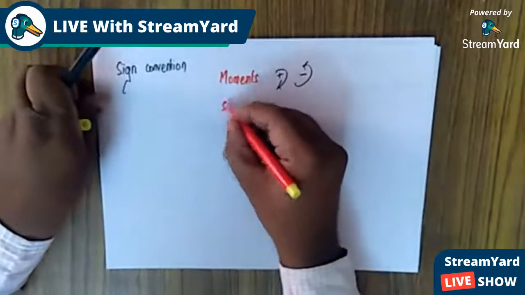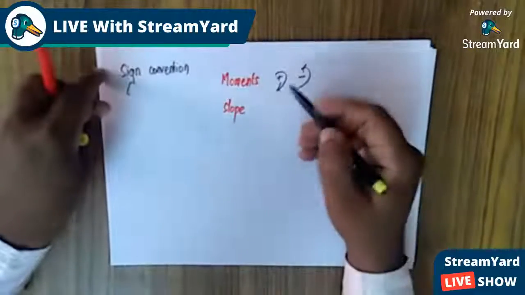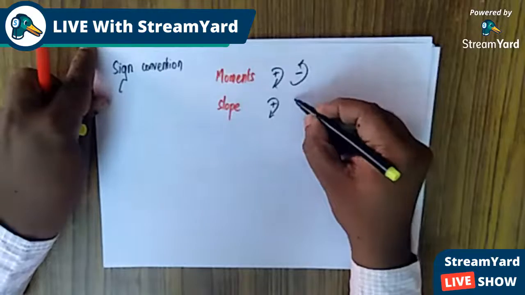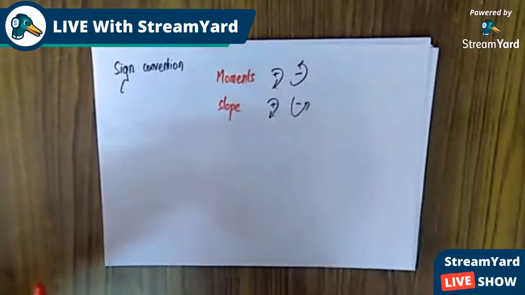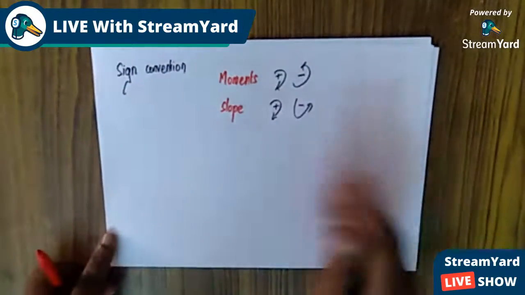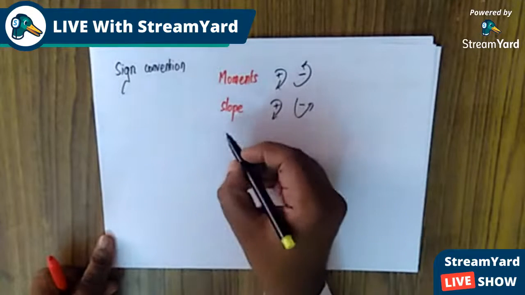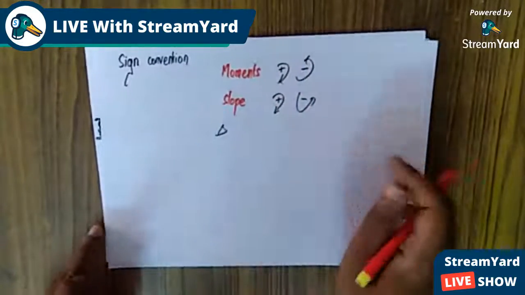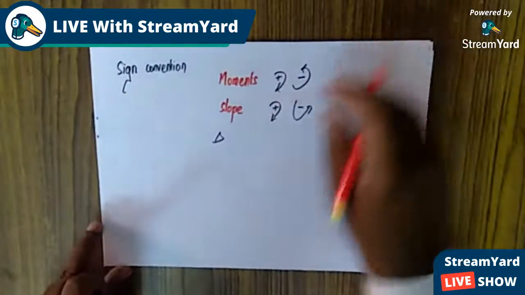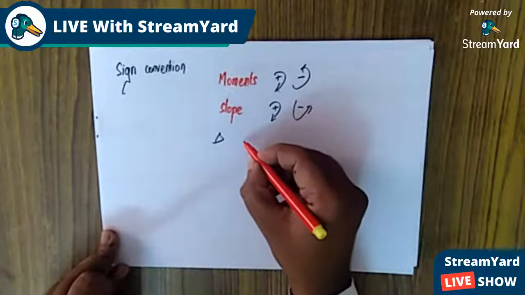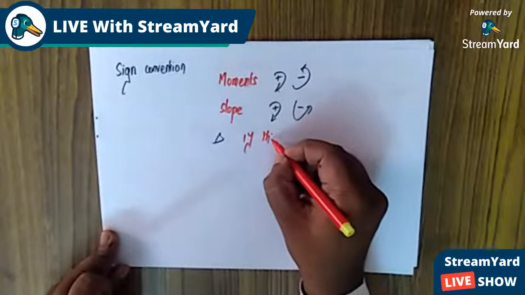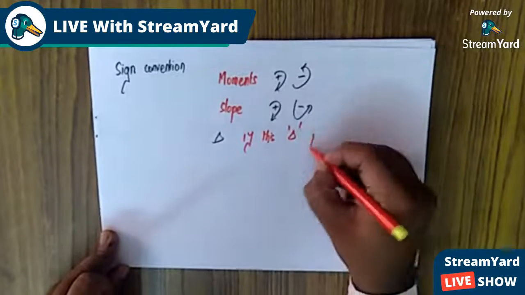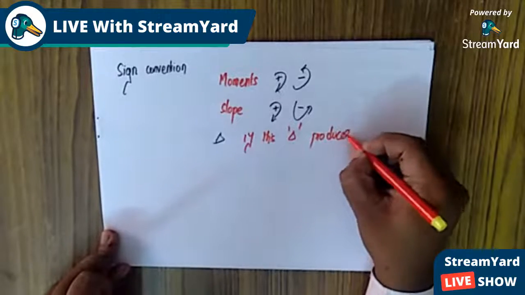In case of slope, the clockwise nature of the slope is treated as positive and anti-clockwise nature is treated as negative. In case of the settlement delta, which is obvious in the beam, if this delta produces clockwise